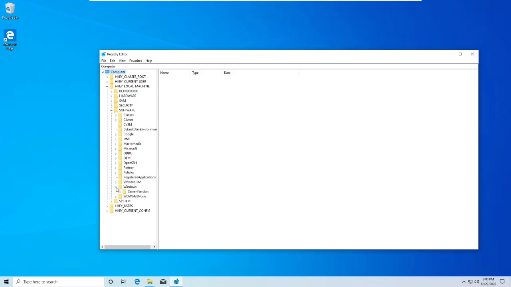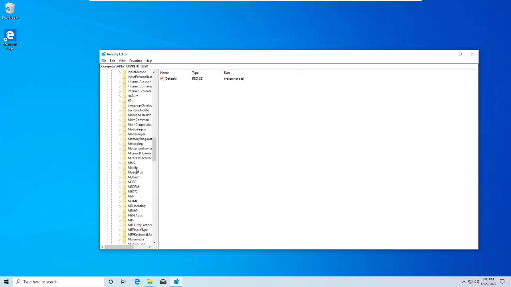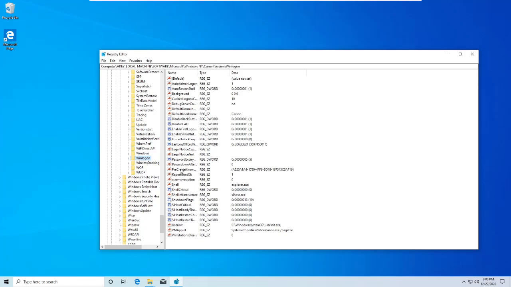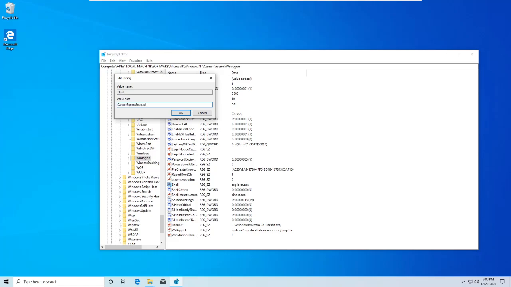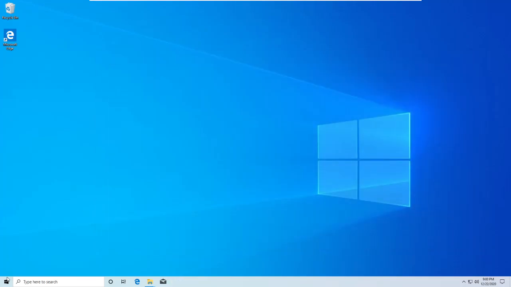Software. Windows, current version. Oh, well, no, that's not it. Local user. System. Software. Man, I'm bad. Local machine. Where is it at? Pretty sure it's under here. Software. Microsoft. WinNT. Where's WinNT? Windows NT. Current version. And then we need WinLogon. Here we go. Shell. Now we're going to change this to Geos.exe. Just like that. Now if we go ahead and X out of here and reboot the computer,